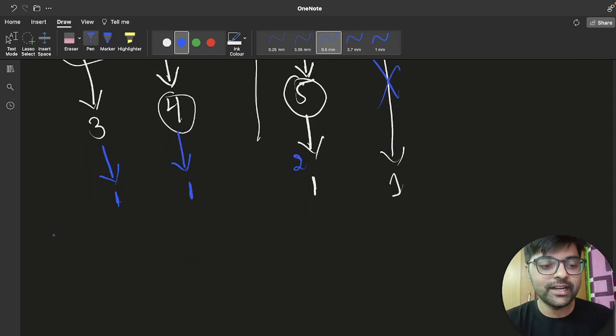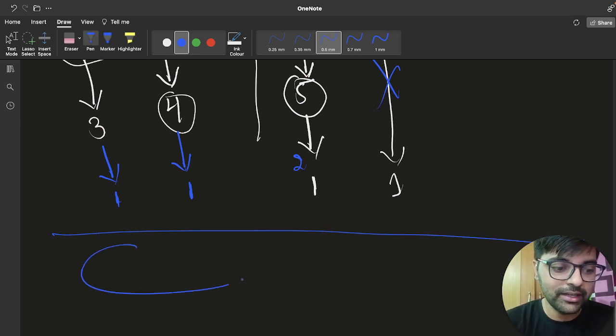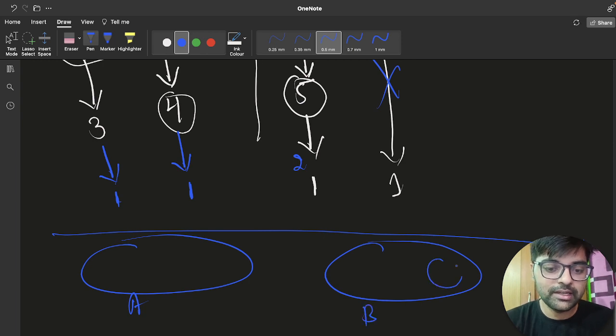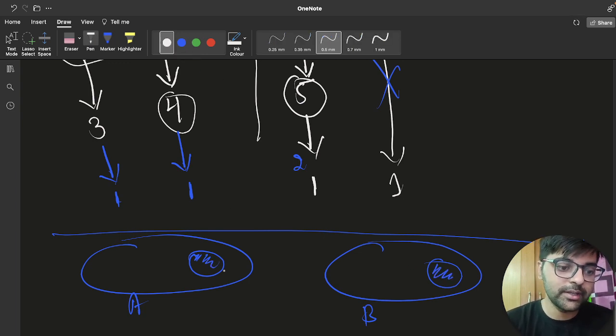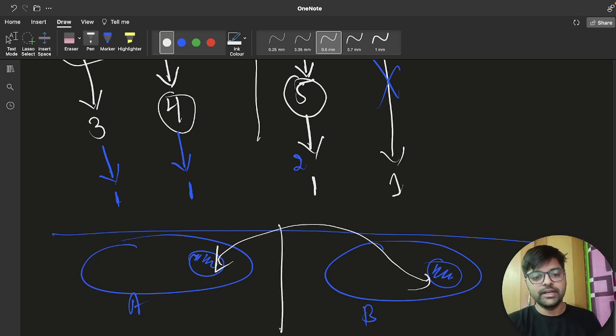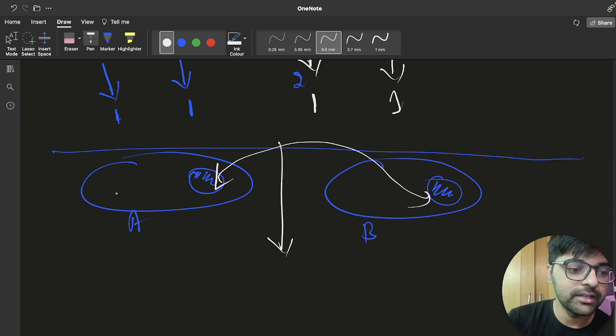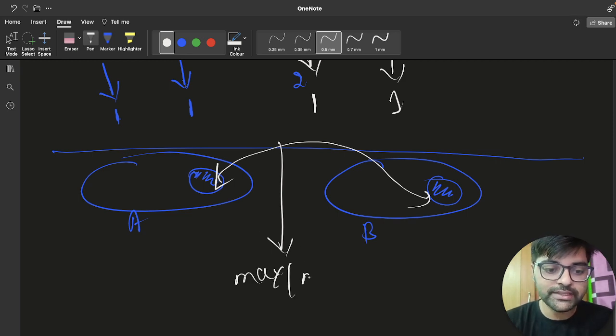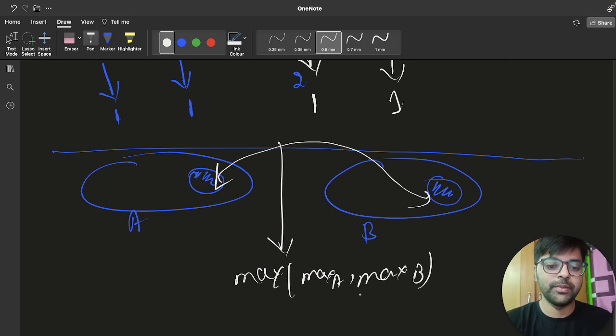So now you are guessing it right that I will take, let's say this is array A, this is array B. So every time, let's say I'm considering the biggest number from here, the biggest number from here, and then I will compare these two numbers and get the maximum number, right? If we get the maximum from A and the maximum from B, then the maximum of these two values, max A and max B, will give me the overall maximum, right? So we'll get the overall maximum. Now we'll try to